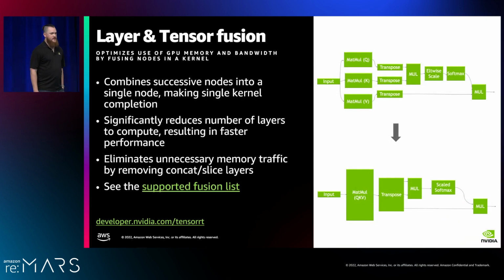And just before we move on, I wanted to point out some of the things that TensorRT is actually doing. So to make your model more optimal, one is layer fusion. And basically what that's doing, the model at the top is a part of a transformer model. If you're familiar with BERT, this is a portion of what's inside that model. And what we're doing with layer and tensor fusion is taking some of the operations and fusing them all together. So in the long scheme of things, what that does is make fewer calls to the GPU,